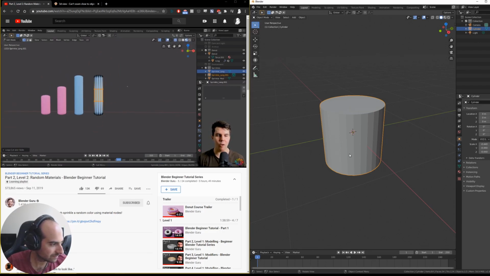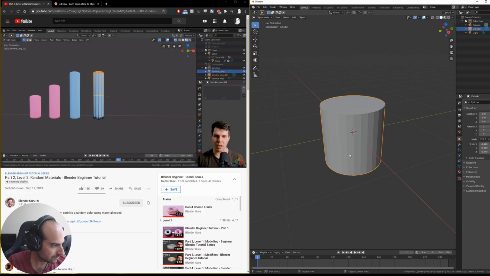So I should definitely explain what I just did there, right? So Control R is going to allow us to create a loop cut, right? Control R, and then when you click, sorry, first of all, you get that like outline, that yellow outline, which shows you where